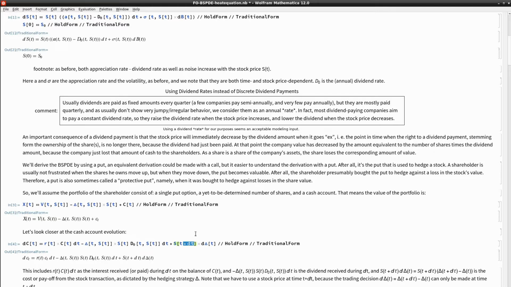We don't know what the future holds. So when the market goes up, then we want to sell some. When the market goes down, we want to buy some. So we have to look at the stock price at the point t plus delta t. This is important. So this is the differential for cash that we have when we're setting up the stochastic